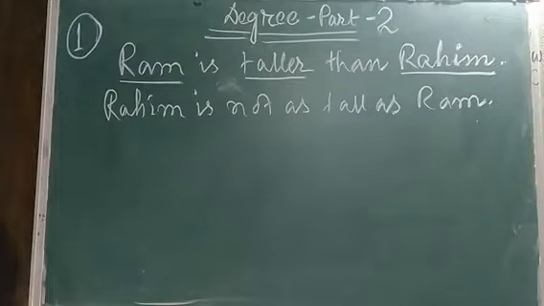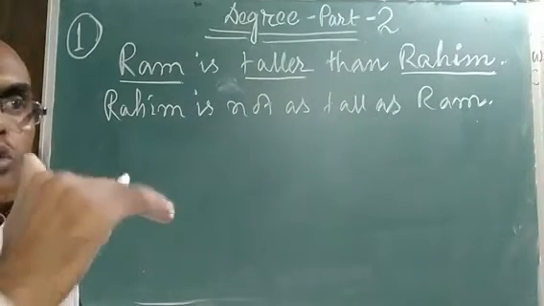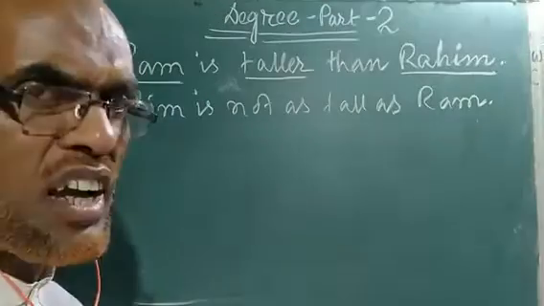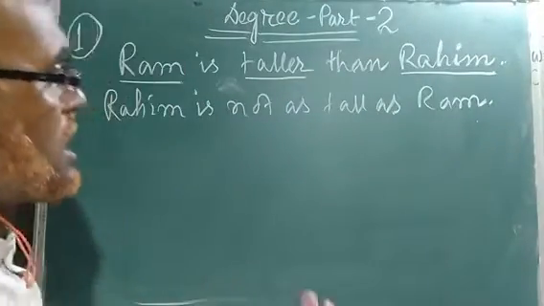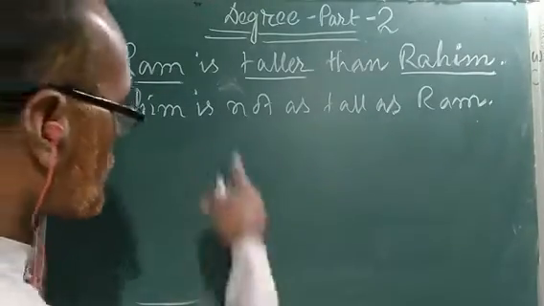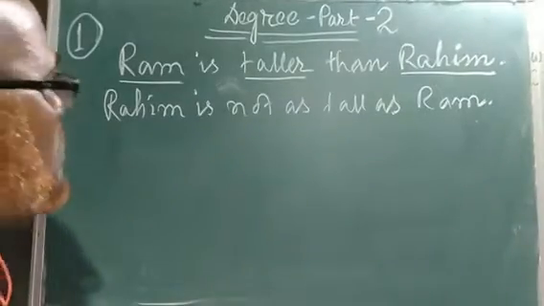इसका मतलब रोहिम राम के बराबर ऊंचा नहीं है. रोहिम राम के बराबर ऊंचा नहीं है, मतलब राम रोहिम से ऊंचा है. Understand? From this we can write the form of positive